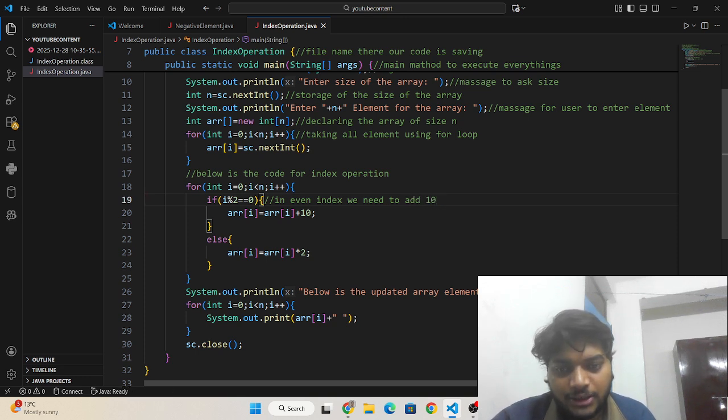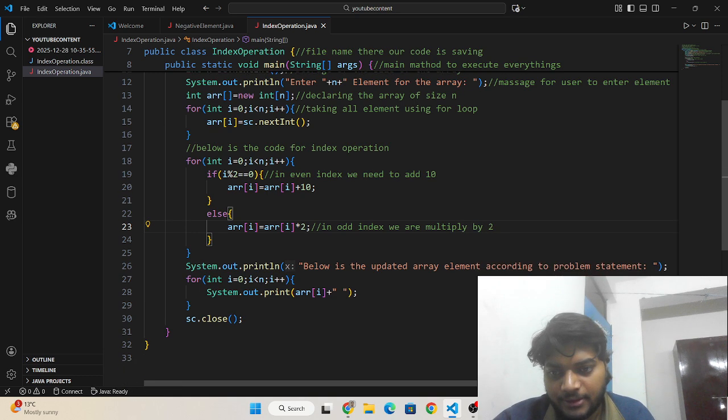Okay, so we are adding, and in an odd index we are multiplying by 2.